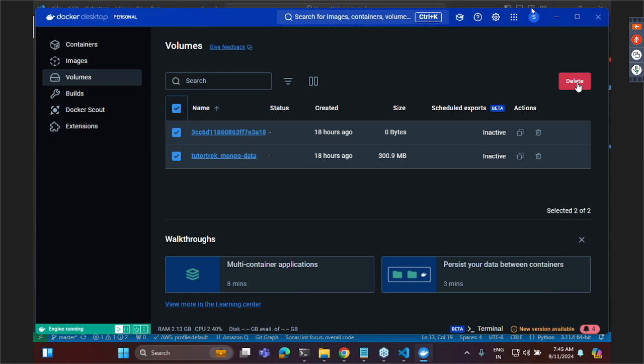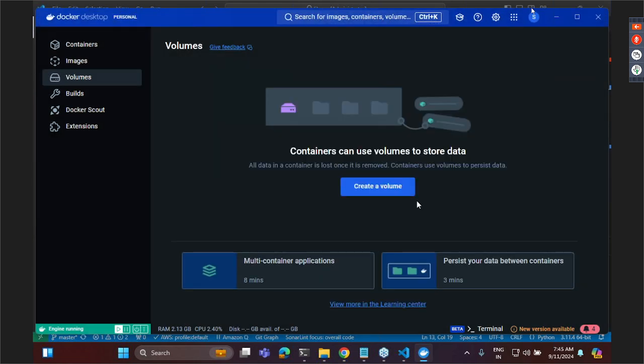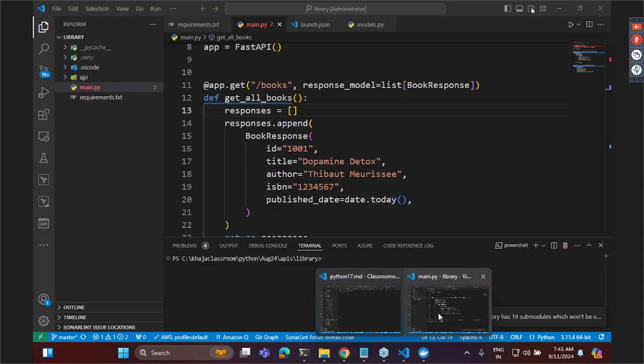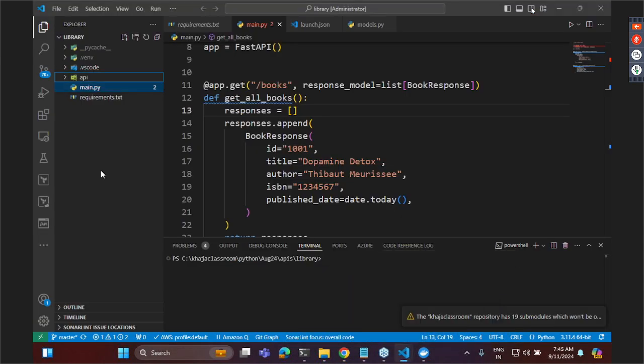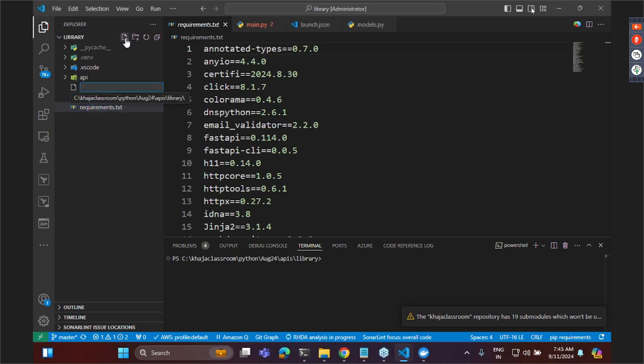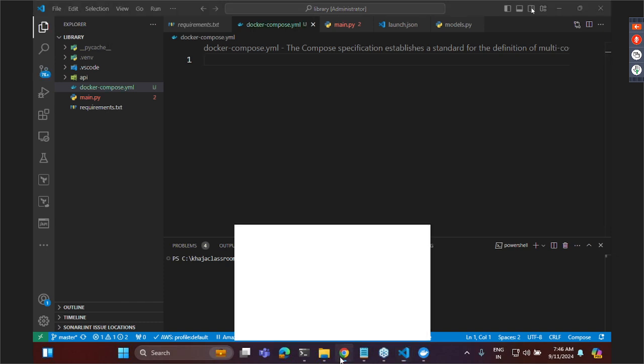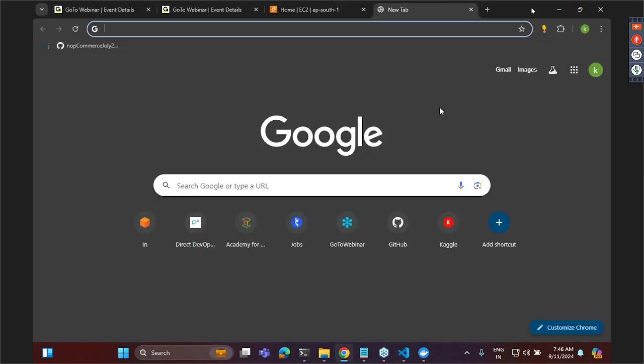Volumes. Okay, the first thing I'll try to do is set up Postgres on my machine. The easier way to do that is to create a file. Don't worry about this file. I'll share it with you, and I'll tell you the command on how to run it. All you have to do is run this command, and you will see Docker Compose up and running. So without writing any of that YAML jazz,